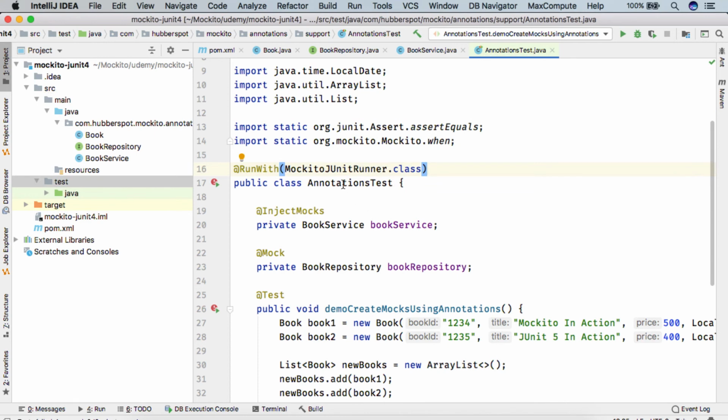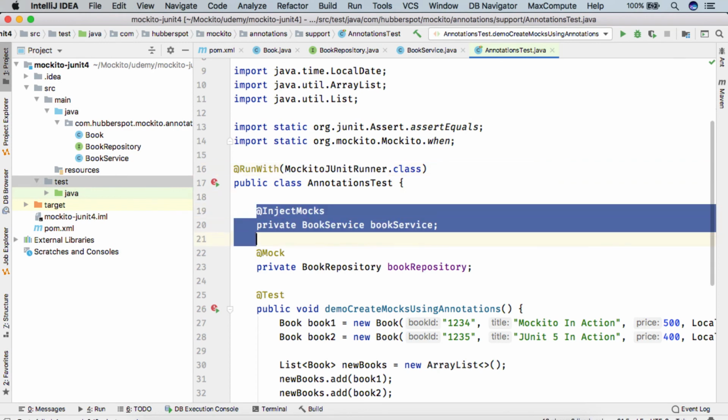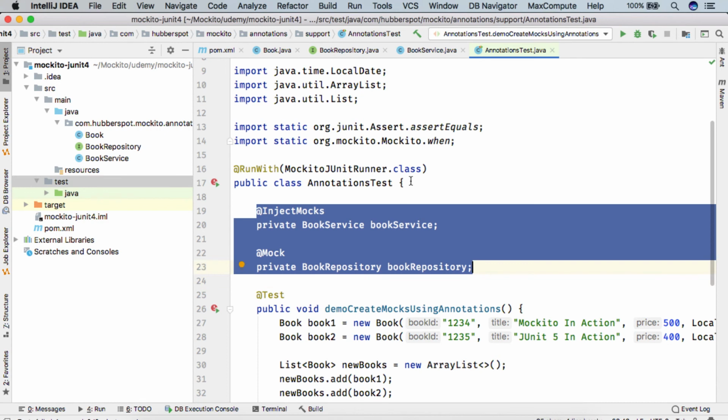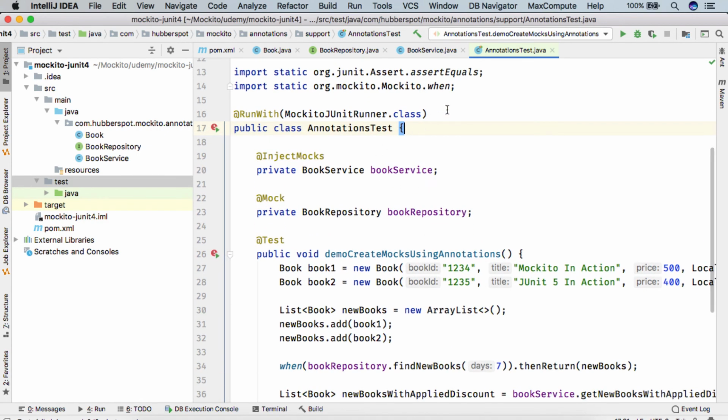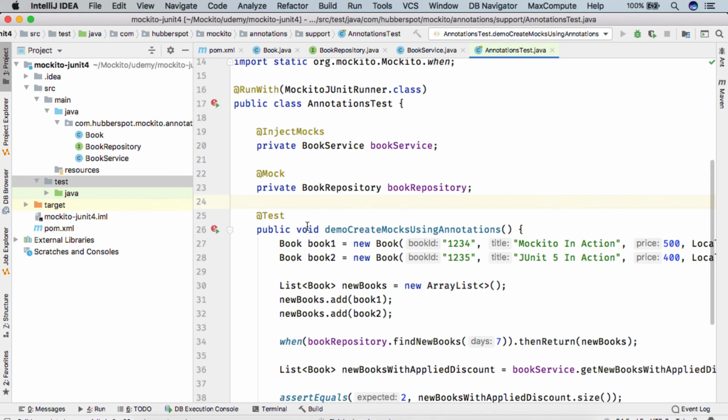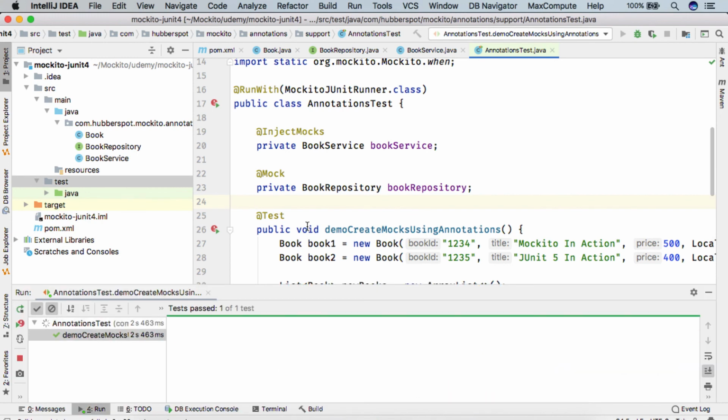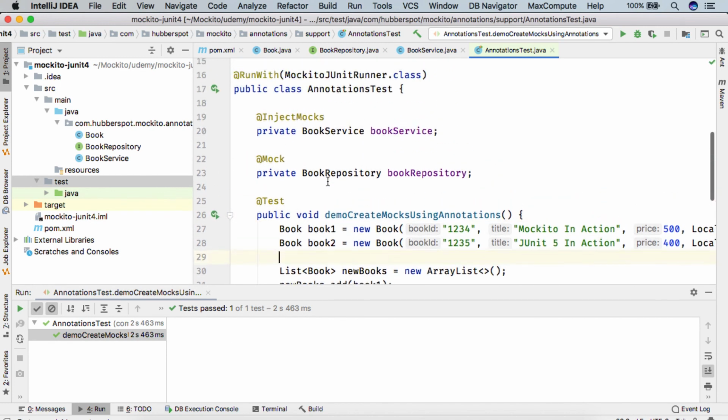What it does is it runs the AnnotationsTest class with the MockitoJUnitRunner, where now we can use the Mockito provided annotations, because when we use this annotation, Mockito will scan this test class and see that there are annotations associated with the Mockito framework. So friends, if I run the test case now, you can see the test case got executed successfully.